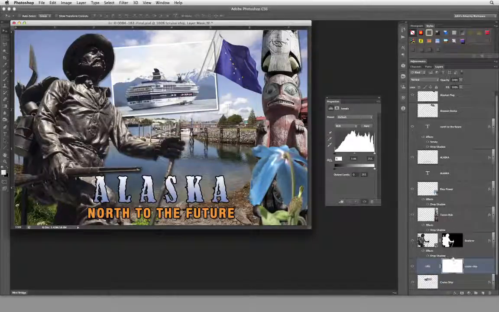Now you can see that a brand new adjustment layer has been created, and we have a layer mask. Like I said before, by default, adjustment layers have layer masks associated with them, so you can actually hide and show some of the things that are going on. And I'll be doing that in this video, just to show you. Remember, last time we took this value down to 48 from 0. So if I come in here and just type in 48,